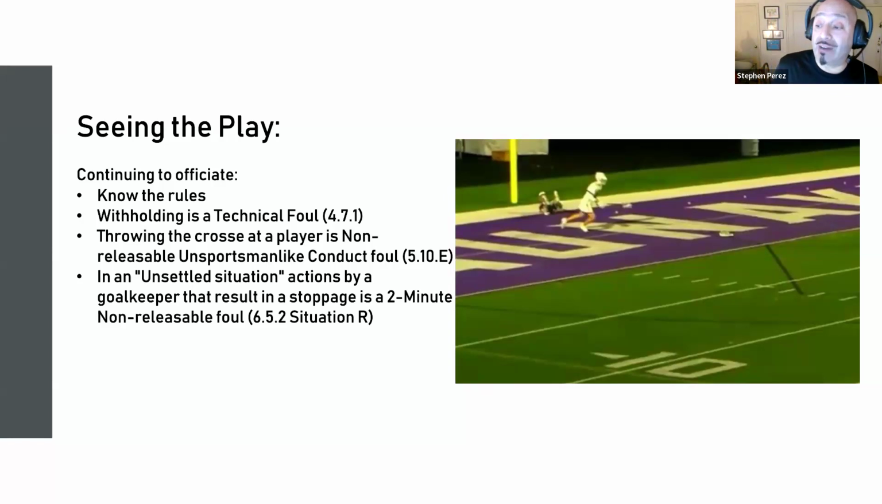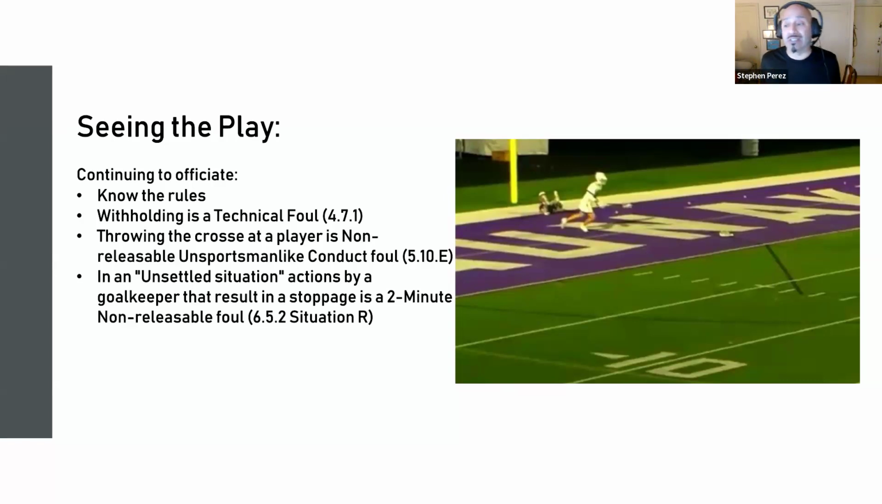Next, we have throwing the cross at a player. You cannot throw the cross at a player, the ball, or anything on the field. And so the foul for that is a 1 to 3 minute unsportsmanlike conduct penalty. And in this case, we have situation 652, situation R, which specifically talks about the actions of a goalkeeper